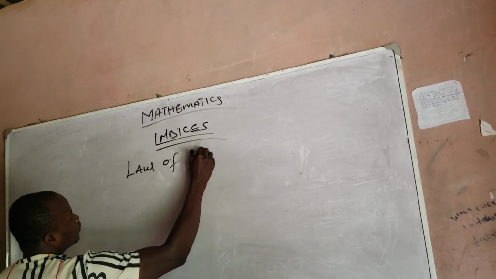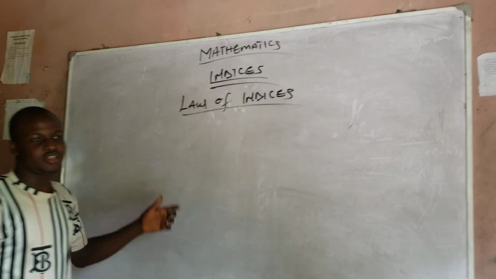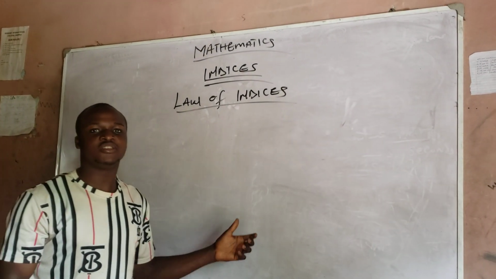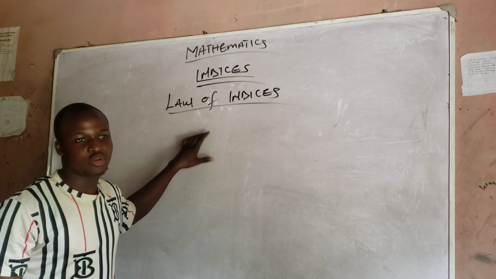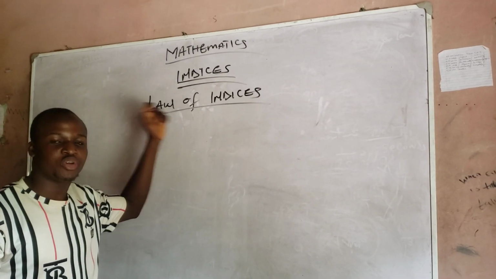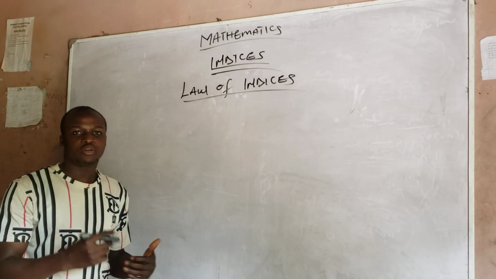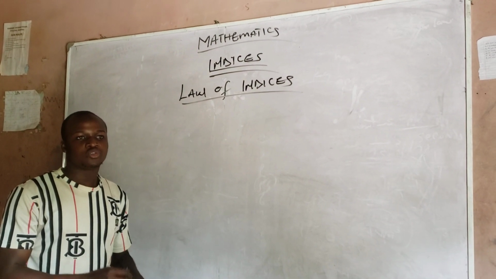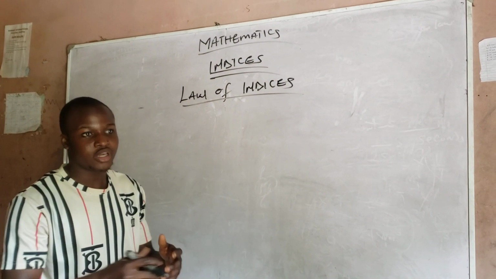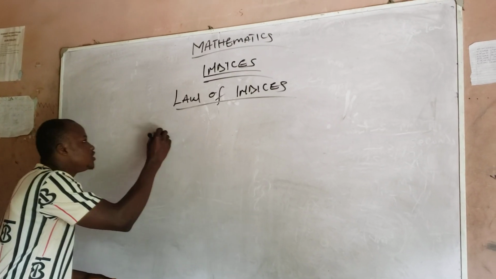Law of indices. Because for us to solve indices, there are laws backing it up. So if you don't know the law of indices, you can't solve any question pertaining to indices. So we are going to look at the law of indices. We take it one after the other. I'll be explaining the laws because we have up to 9 or 8 laws of indices that are very, very important. The first law of indices,